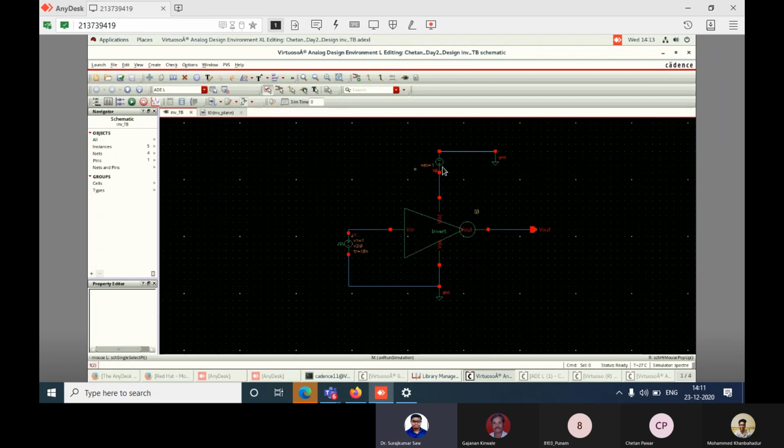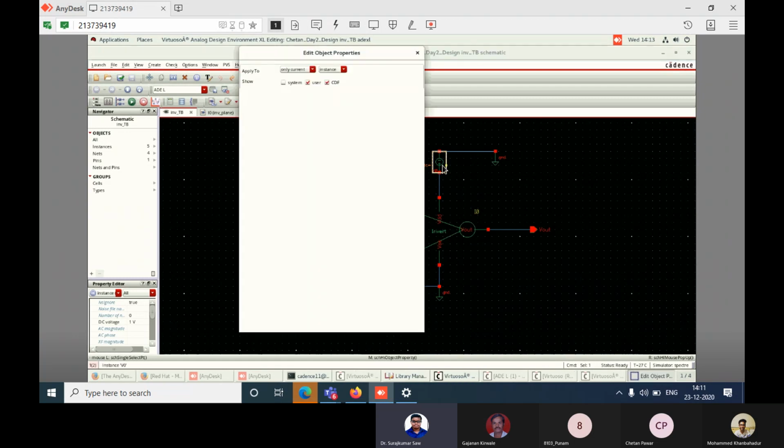Okay, fine. See, what you need to do is define certain parameter values, meaning certain constant values. Let's say we want to vary the VDD. Just press on that, go to properties, by pressing Q, or you can right click and go to the properties.